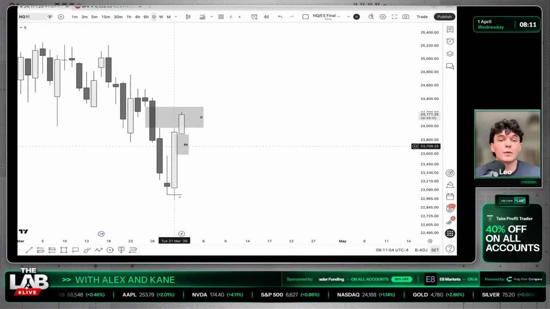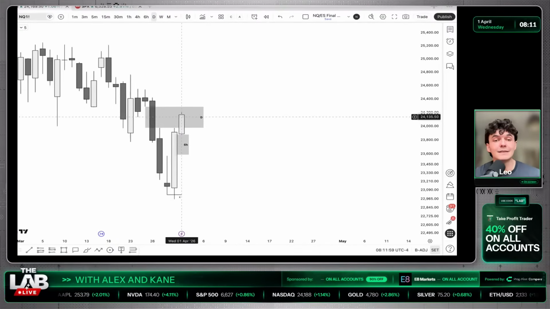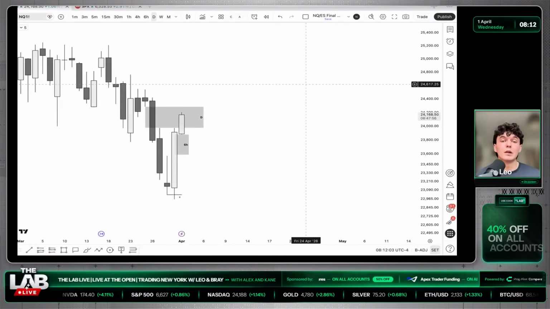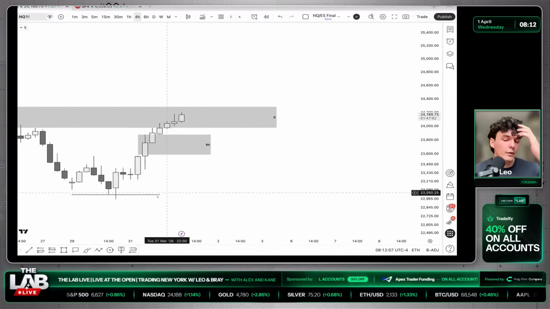So higher prices would be ideal, but if we form a higher time frame sweep and an SMT at the highs, this could definitely be a potential region where I could see market end up continuing lower in a retracement into the 6-hour fair value. Same kind of framework here with the 4-hour as well.